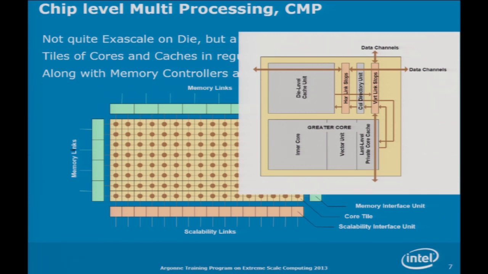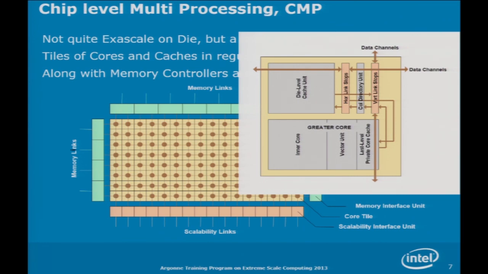You have a processor inner core, you have a vector unit, you have a core cache, and maybe you have a large distributed cache, and you have some connections into the network. And in terms of designing the chip, all you really care about is that this tile is rectangular. If it isn't rectangular, you make it rectangular with white space until it fits in the grid, and it's your computer. So far this looks pretty simple.